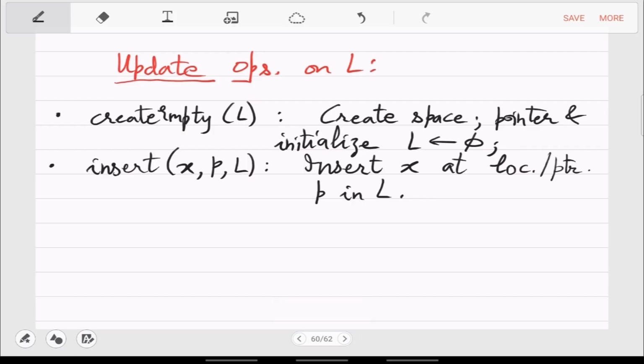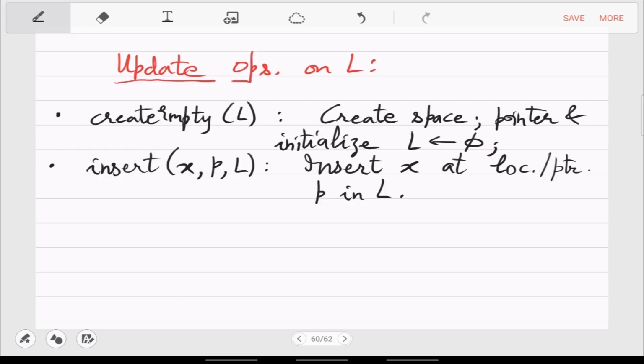X is, let's say, integer, while P is a pointer. And this will be important for efficiency. It's not that you have to find the element P and there you have to store X. It's something very different. It's saying that in whatever implementation of list you have done, P is a location, and in that you have to insert X.